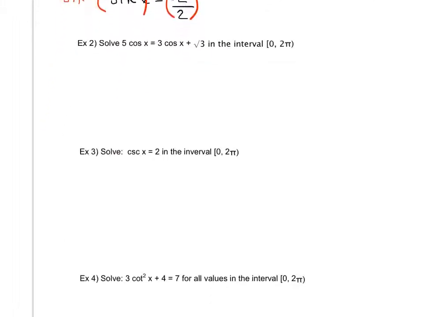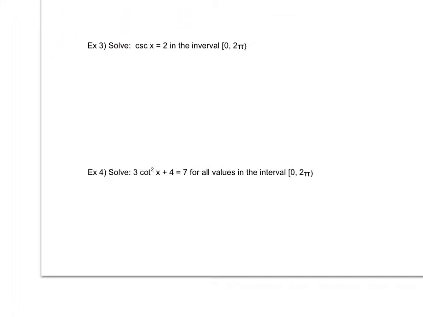So I'm going to bump ahead. So example 3, notice I already have the trig function by itself. I already have my cosecant value on one side alone. The problem is that I don't have cosecant values on my unit circle. So rather than use my calculator to take the inverse, and I'm not even sure if my calculator has a